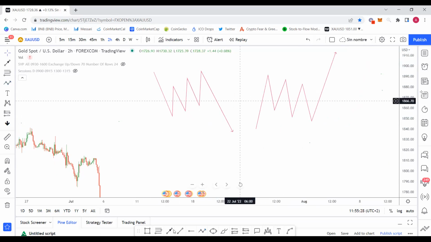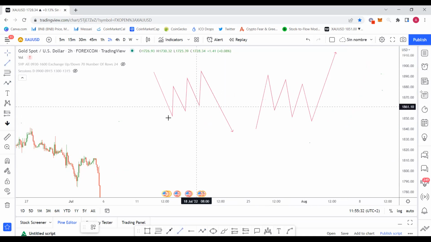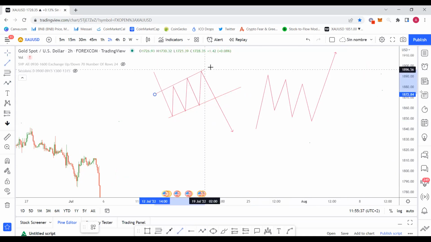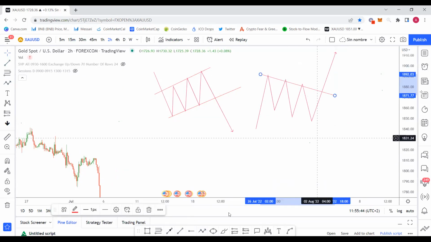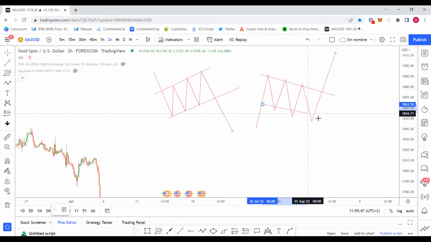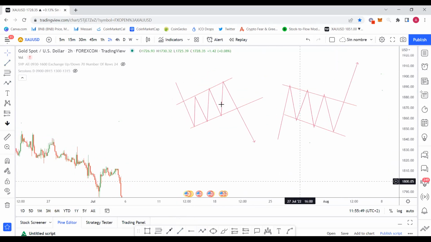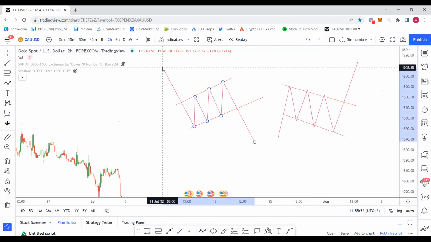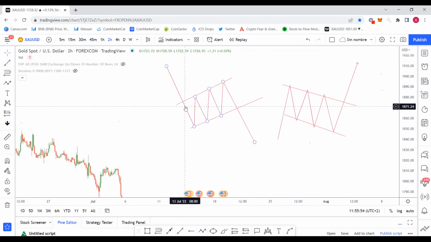Okay, so let's see, this is a bearish flag, okay? And this is a bullish flag. First of all, let me explain to you why these flags work, okay? These flags are great because when price is going in a downtrend, for example, and price then does a low, then a high, then a higher low, and a higher high, okay?